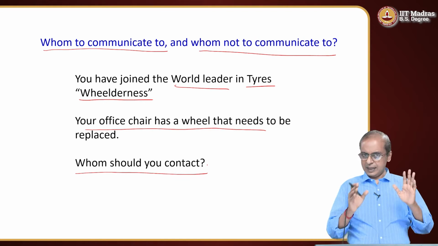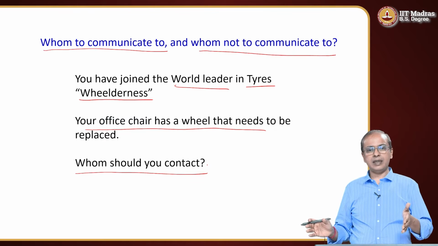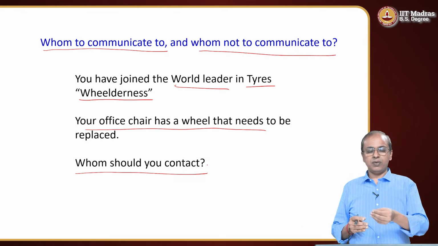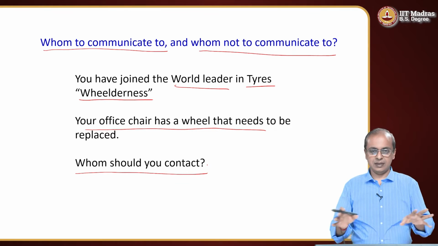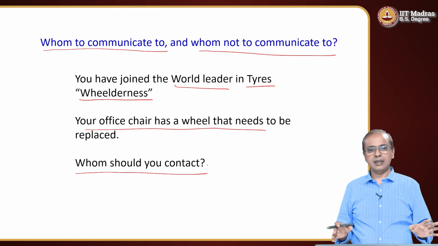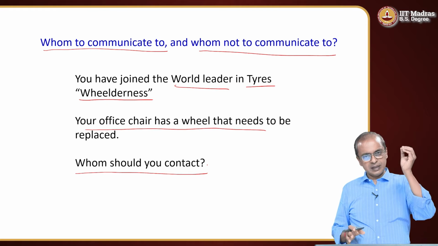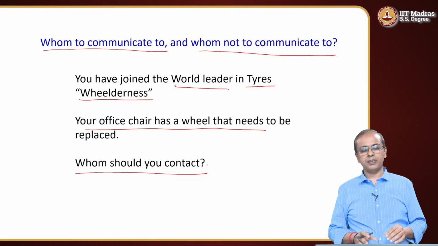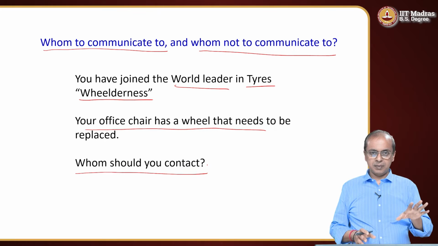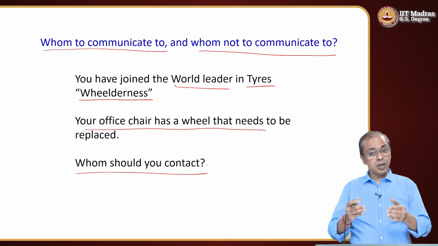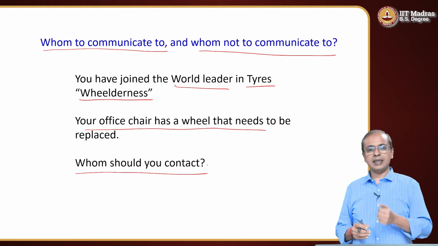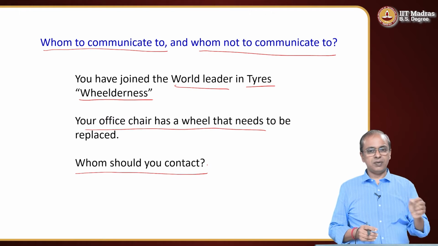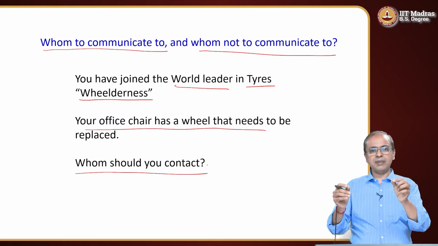So the simple thing is, yes, you saw a chair, you saw its wheel broken. You should find out who, locally within the company, does the maintenance of office infrastructure. There will be some office. Even there, you should not straight away send off an email to the top person. Maybe there is some maintenance person to whom you have to send, or there may be a ticketing process which you have to learn. They will expect that you learn the ticketing process and then raise the ticket, saying, in my office, something, that will have a time stamp, date stamp, something.